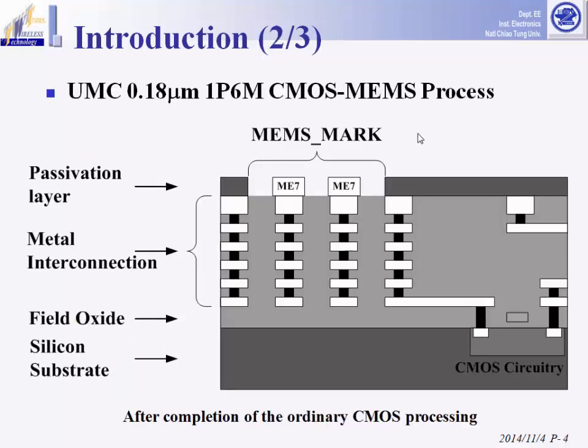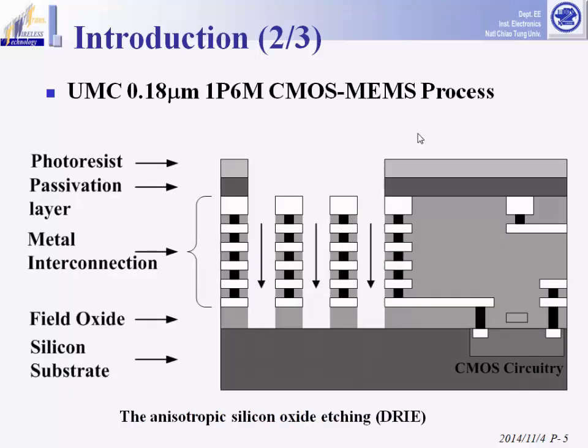And here we are going to take a look at the fabrication process. After the ordinary CMOS process, the passivation layer above the predefined MEMS mark region will be removed. And the metal 7 layer was a hard mask for preserving the resonator body after the succeeding 2 dry etching steps. And the next figure shows you the anisotropic etching step, and the circuitry part was coated with photoresist for